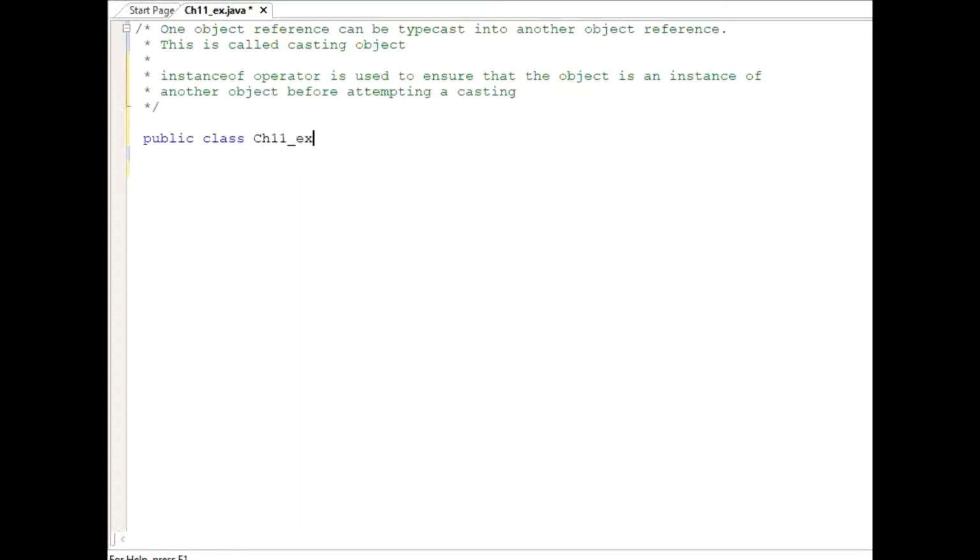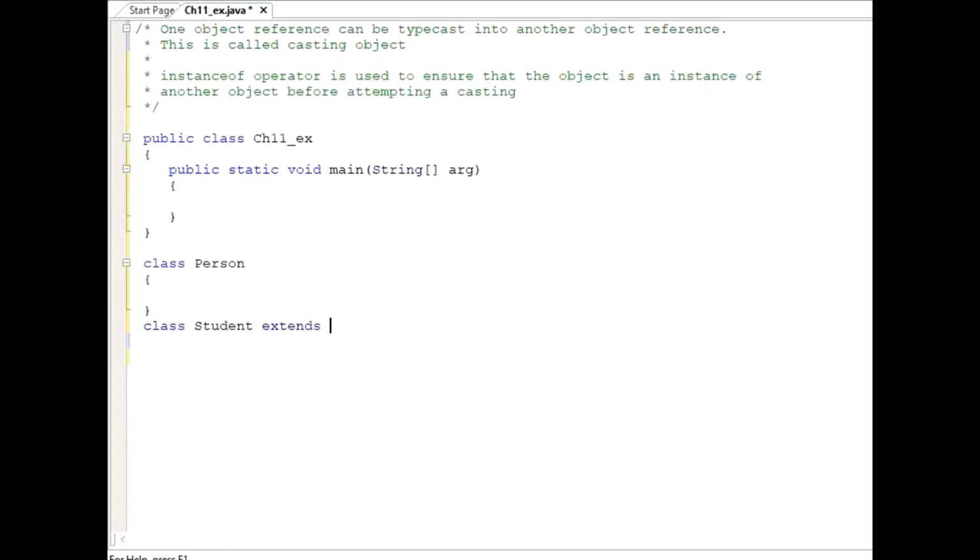For example, your class is CH11 and then let's say EX. So let's say the public static void main method, String args. For example, this is my main class, I mean the demo class. Let's try to have some classes. For example, I have a class Person, and another class which is Student.